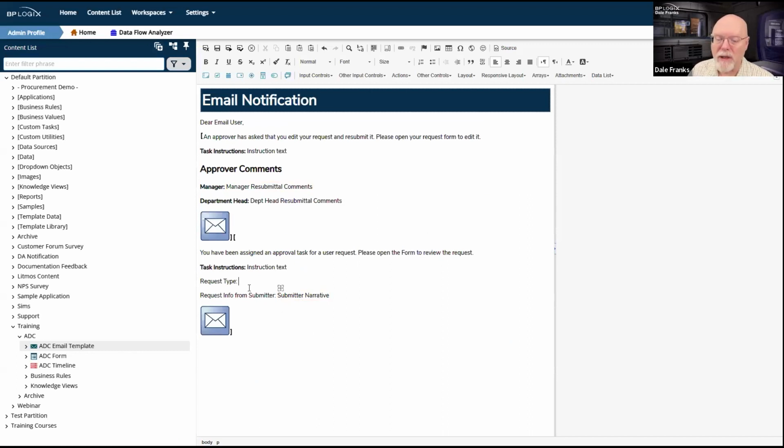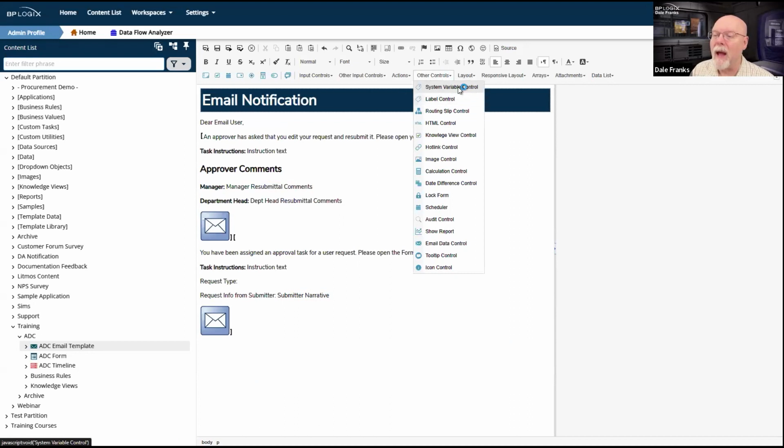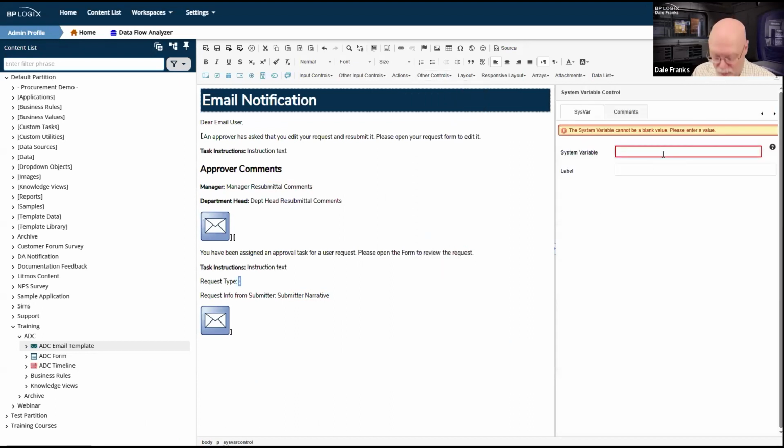So I'm just going to copy that, and for request type, we're just going to go in and add a system variable control. We're going to paste that here, although we are, of course, going to change some form field name with request type, which is, I believe, the name of the field.